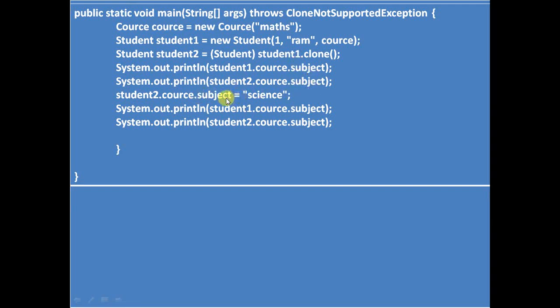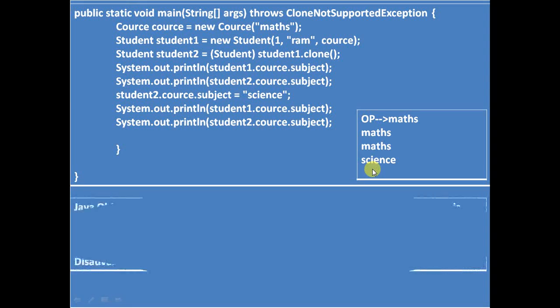But now if you change the subject field from math to science using the student2 object, then this field will only be changed in student2. It will not be reflected in student1. So student1 will have the field maths and only the student2 field will change from math to science.